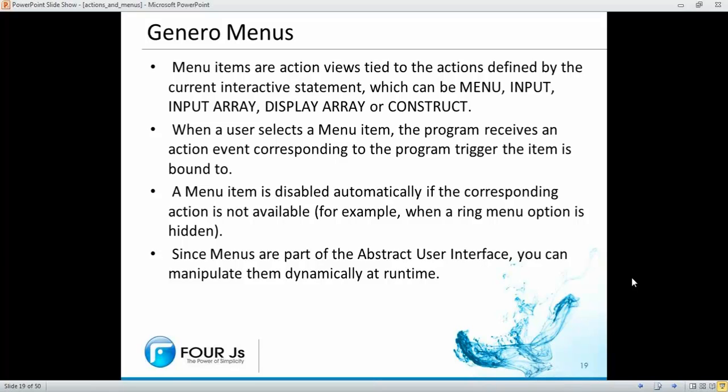Okay, so here we're talking about menus, and it says menu items are action views tied to the actions defined by the current interactive statement. And we talked about that in the previous presentation. So interactive statements, of course, are menu, input, input array, and so on. Menus in Genero have some differences from menus in 4GL. So if you come from a 4GL environment,